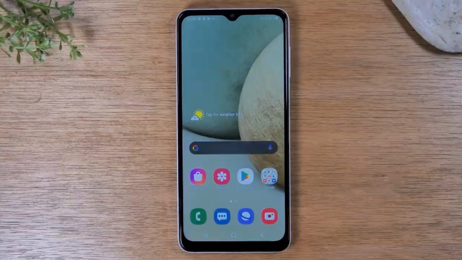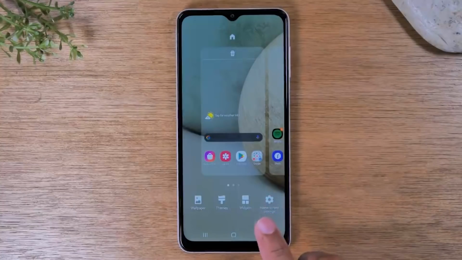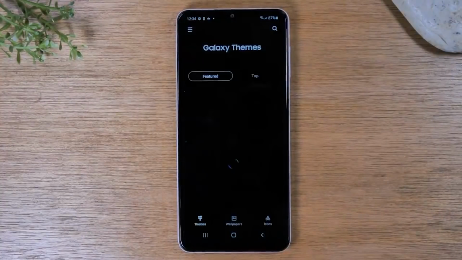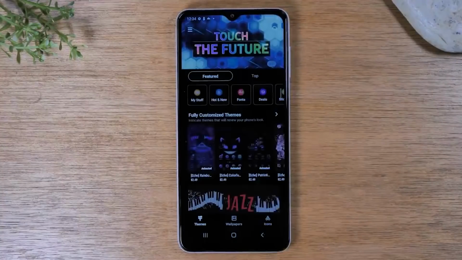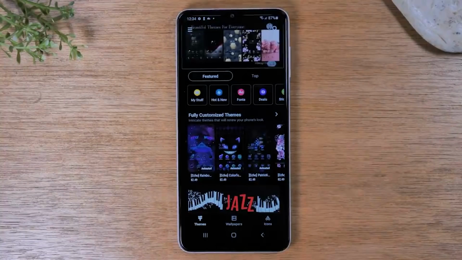Okay, next we're gonna show you how to customize the phone, and you're gonna do this using the Samsung theme store. That's right, by holding down on the home screen and going down to themes, you can get to the Samsung theme store where they have all types of options for downloading cool wallpapers, changing your app icons,